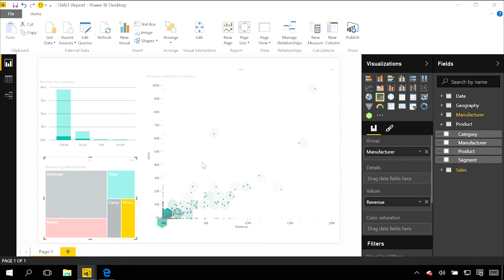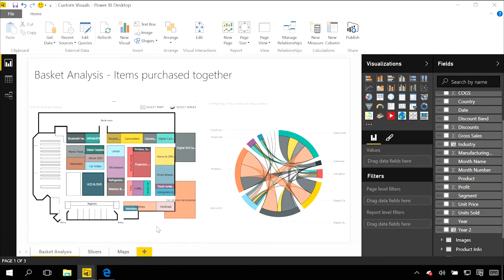And again, you can see everything filters down, and you can see a slightly different distribution of data there. So reusing these visualizations is really, really simple: download them and load them into your Power BI Desktop reports. Let's take a look at some of the other things that have been created. There's a really wide range of very creative visuals that people have made and submitted through to the gallery.